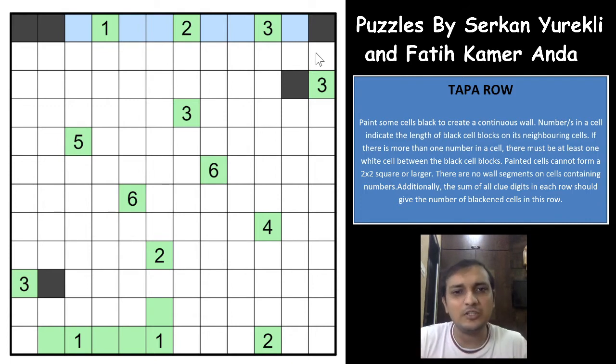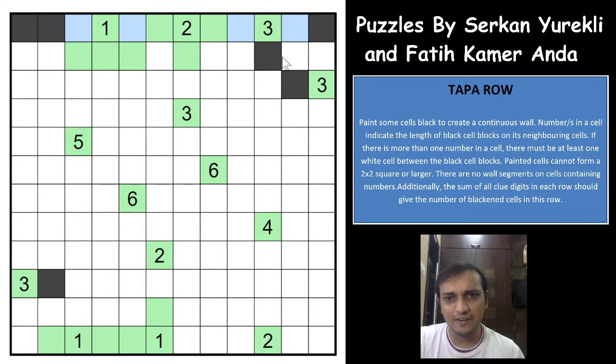That's a very good piece of logic, and which means that for the one, one of these two cells will have to be shaded and the other will have to be unshaded. So these 3 will have to be unshaded. For the 2, one of these cells will have to be shaded and the other will have to be unshaded, which means that if this is shaded, this will be shaded. If this is shaded, this will be shaded for the 2, which means that this will be unshaded for the 2, and for the 3 this will have to be shaded, and which gives you that this shaded cell will have to come out this way. So this will have to be shaded, and which means that this is unshaded, this is shaded.